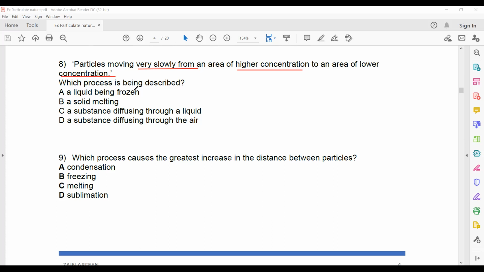In the question, the first thing they mention is a liquid moving from higher concentration to lower concentration. So it means it is diffusion. So A and B cannot be the answer because they are not showing diffusion. It should involve the word diffusion. And they mention it is moving very slowly. So diffusion in liquid is slower as compared to that in gas or air. So what could be the right answer? C is the right answer because diffusion in liquids